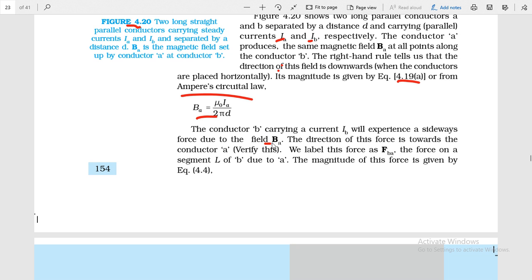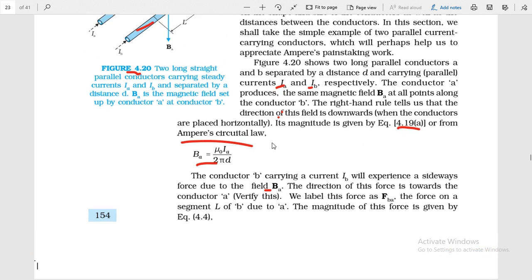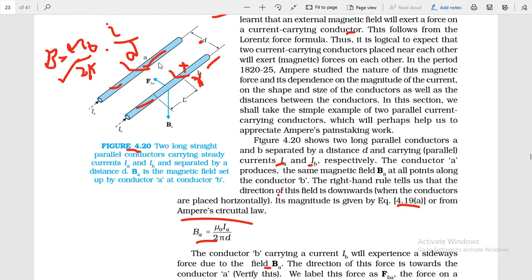Since this conductor B is placed in a magnetic field produced by this wire A, and the direction of this magnetic field is perpendicular and inward, it must experience some force, that is magnetic force, and the magnitude of that force is given by,